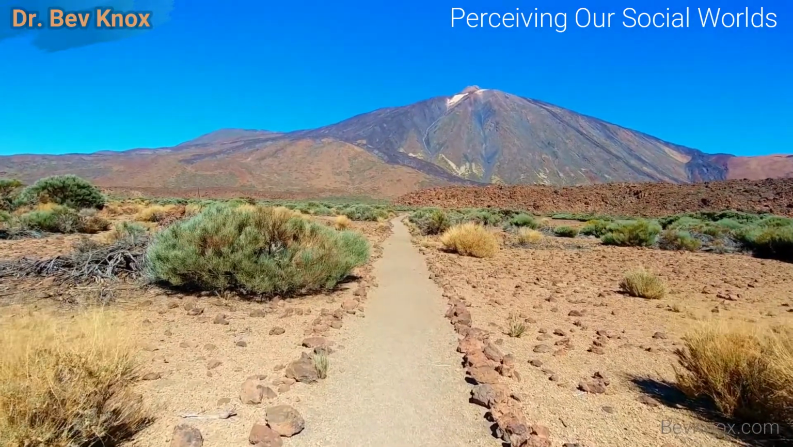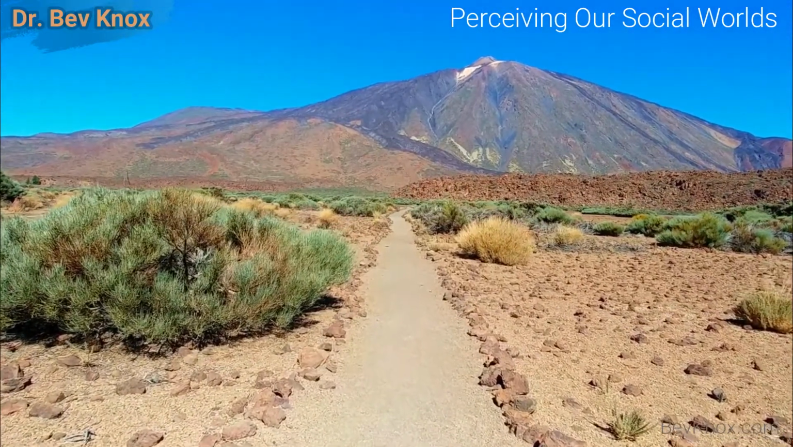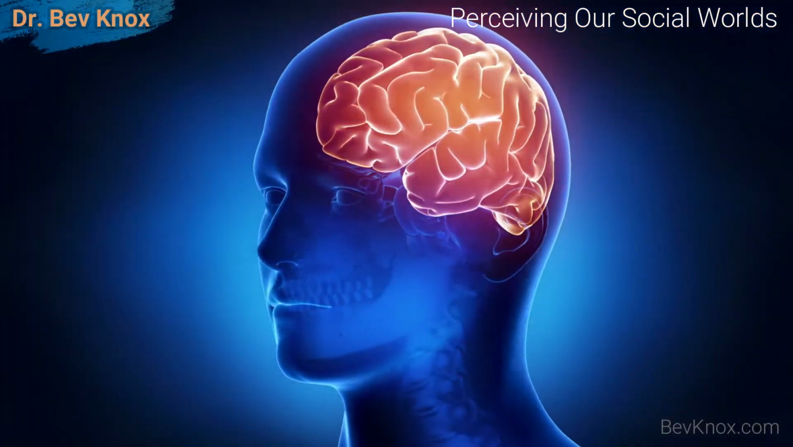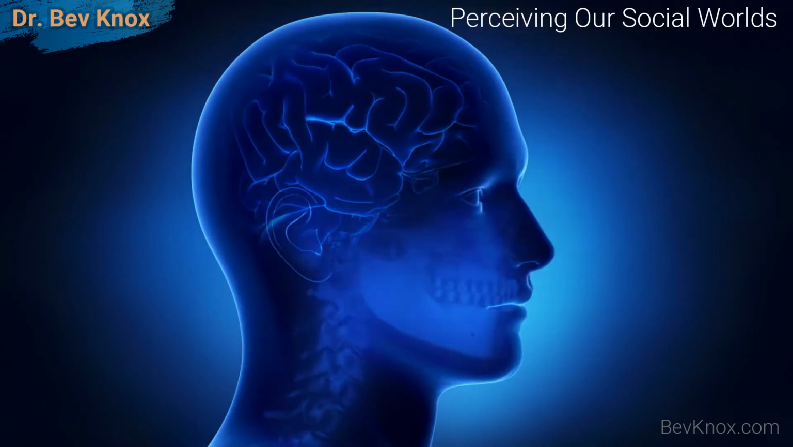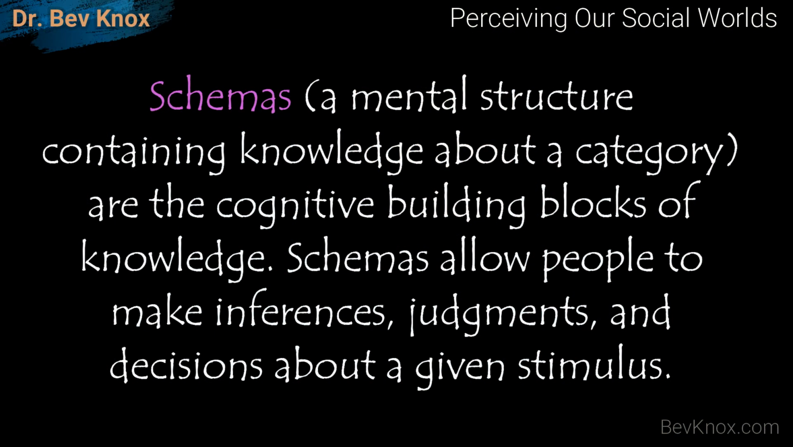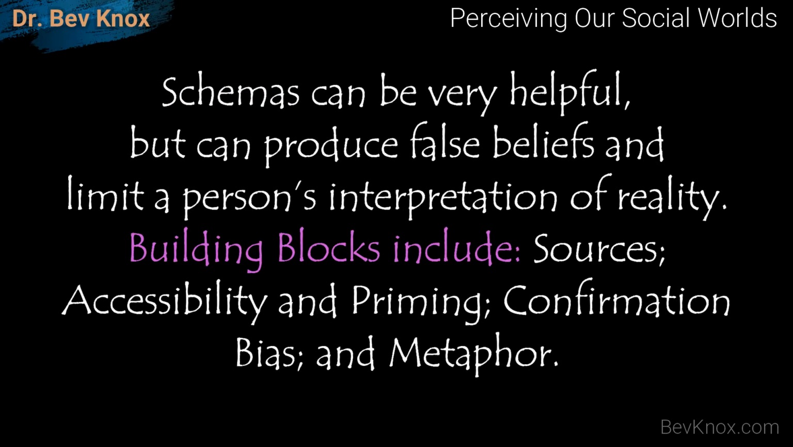In this lecture, we will review how understanding our assumptions and prejudgments guide our perceptions, interpretations, and recall. The mind typically classifies a stimulus into a category and then accesses a schema, a mental structure containing knowledge about a category. Schemas allow people to go beyond the information given and make inferences, judgments, and decisions about a given stimulus. Although generally helpful, as stated in my last lecture, schemas can produce false beliefs and limit a person's interpretation